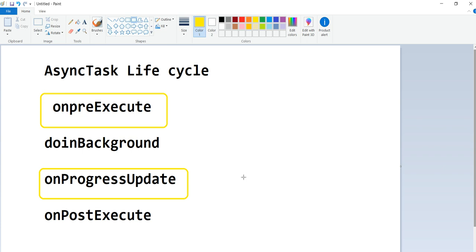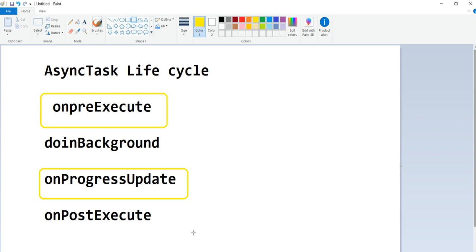It's a method that can be run on the UI thread. Means it shows the progress of the task. Like we are loading some animation kind of thing, that can be shown in this.